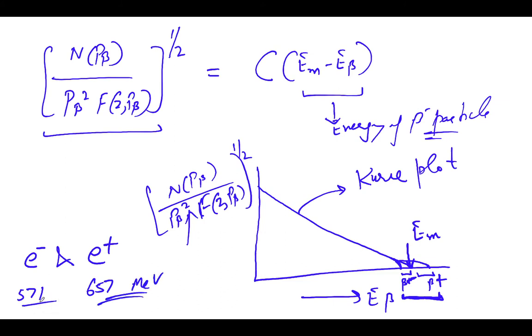So this is how we can exactly find out the maximum energy which is being distributed. This graph, the Curie plot, is a function of the number of emitted particles with respect to the maximum energy, and this provides a good means of determining the maximum energy of this beta spectrum. So this is very important. And next we will discuss the comparative half-life of this beta decay.